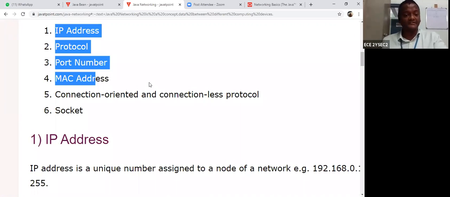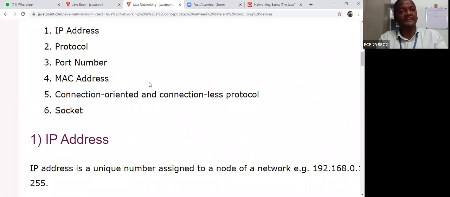So just go to your mobile, because every student has a mobile. Once you are purchasing or having the mobile, you can go to the settings and check the MAC number. The system information is available: what is the IP address and what is the MAC address. It is very easy. The MAC address is 48 bits. So its address is 48 bits. This is the MAC address.